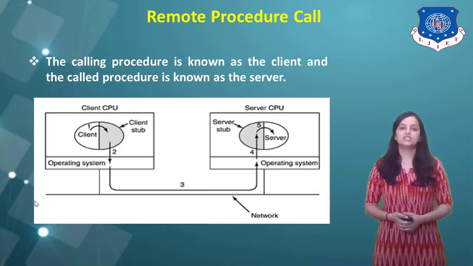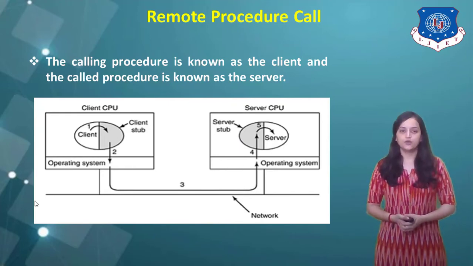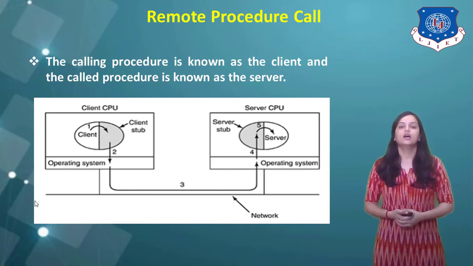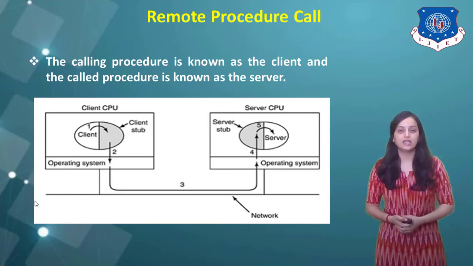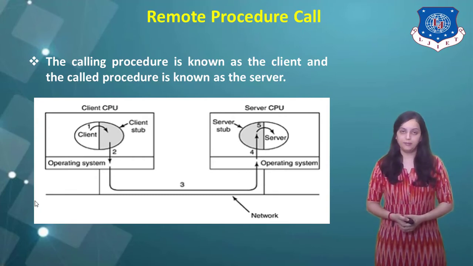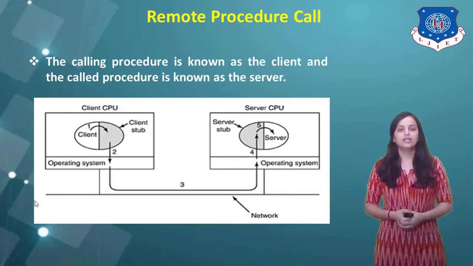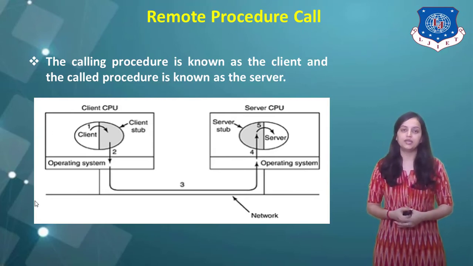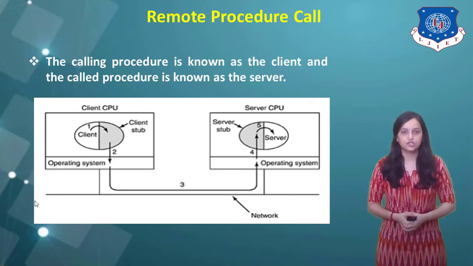Here you can see the RPC process. In this diagram it is indicated that the RPC is obtained using 5 steps. The first process as indicated is on the client side. At the client CPU side, the client is accessing the client stub, which is the first step for RPC. Here the client stub is the library or the data storage for the client side. Similarly, at the server side, there will be a server stub, which is again the library procedure for the calling procedure or else the storage where the data is stored.